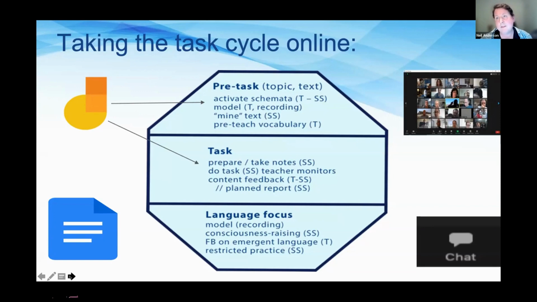So the advantage of it is that students can be working on it when they're in breakout rooms, which we can also see on the top right there. And they can be collaborating on this interactive whiteboard, moving around sticky notes, pictures, brainstorming, and so on and so forth. So it's a great mediator for the task. And also it can be used to prepare students for the task as well.